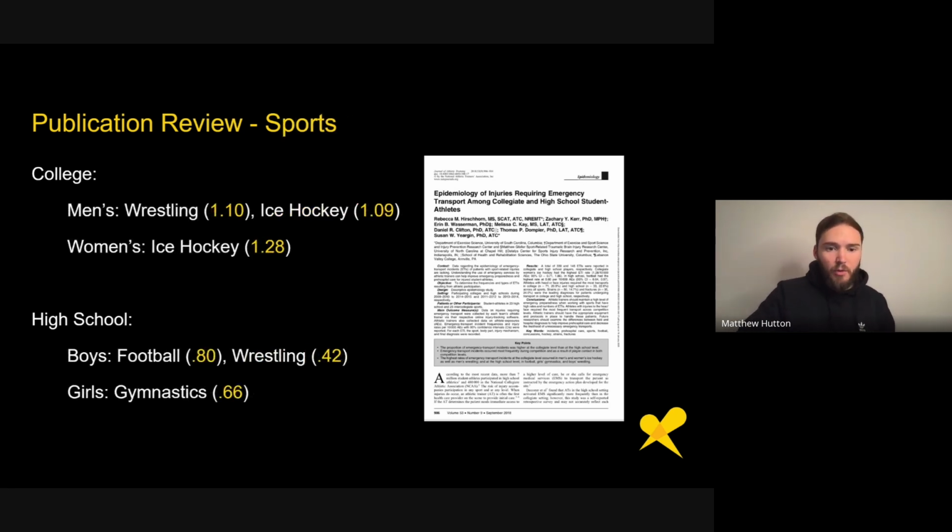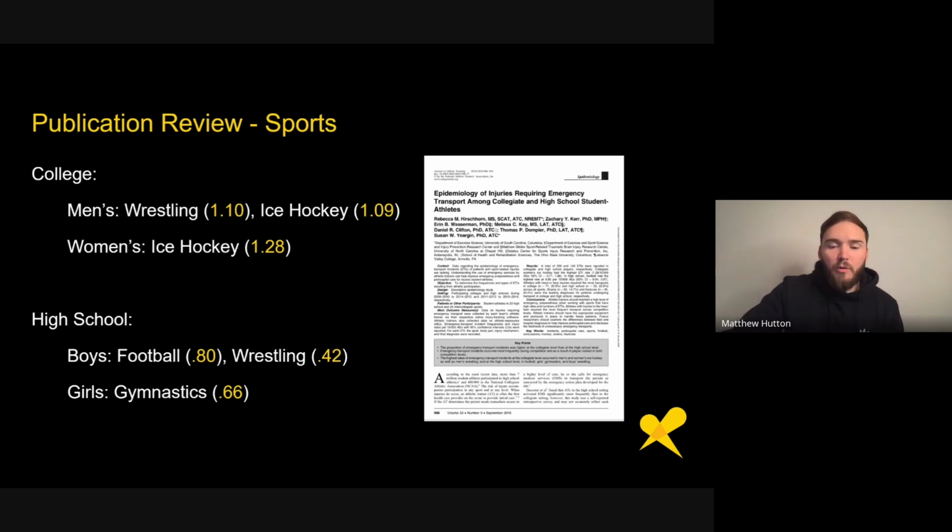So the sports that they broke down, and these numbers are rates per athletic exposure. It was per 10,000 exposures, and they define that as one athlete for one practice or game. Some literature dives in and numbers them a little bit differently, whether that is athletic exposure or exposure hours. Depending on how accurate or thorough you want to be, exposure hours is a little bit more accurate. But